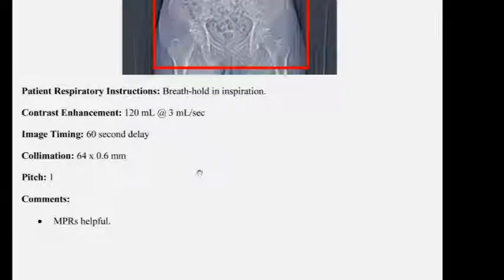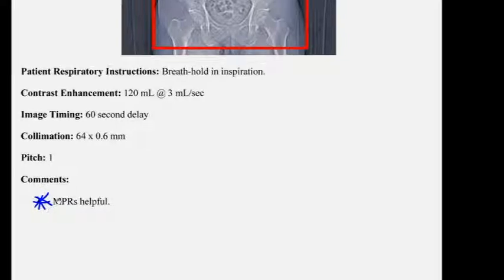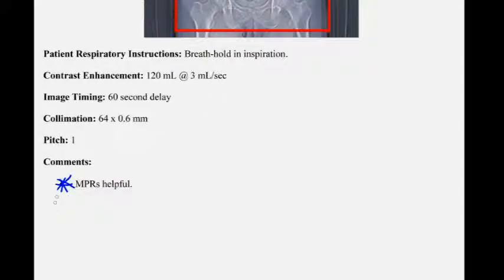Okay, the comments section for the book just suggests that MPRs may be helpful. However, there are a few things that the book kind of leaves out. Enterocolitis basically is a situation where an NG tube is placed through the patient's nose and goes down to the duodenum, or in the upper portion or middle portion of the stomach, and contrast is infused, oral contrast is infused there,